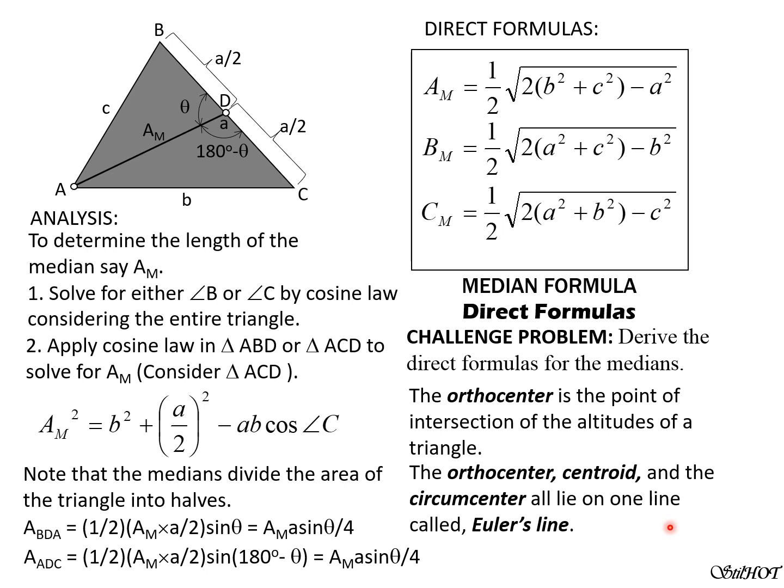We can prove that in analytic geometry if we put also numerical values. It's longer, but we can also prove it geometrically. So we now illustrate the Euler's line and the three points mentioned. So that's the altitude through A, altitude through B, and altitude through C. This point of intersection is called the orthocenter.